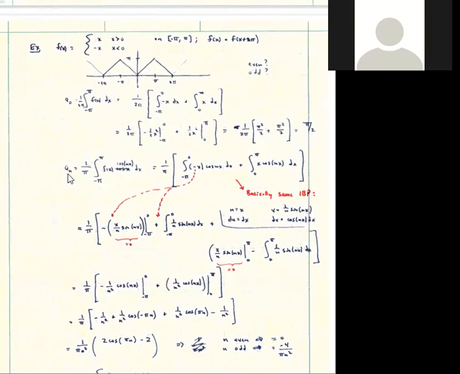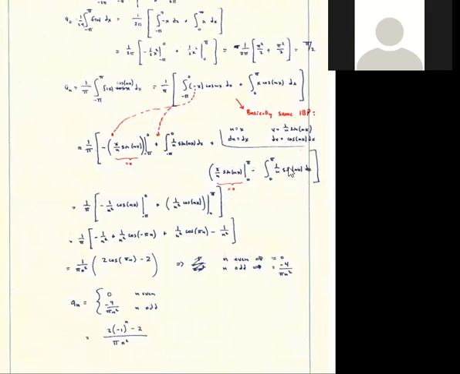All right, so now let's get the a sub n's. 1 over pi integral from negative pi to pi of f of x cosine nx. And again, I need to split up into 2 different integrals because I have this piecewise defined function. Negative pi to 0 of negative x cosine nx, and 0 to pi of positive x cosine nx dx. Okay, so now one thing I'm going to notice is that in both of these situations, I'm basically integrating x